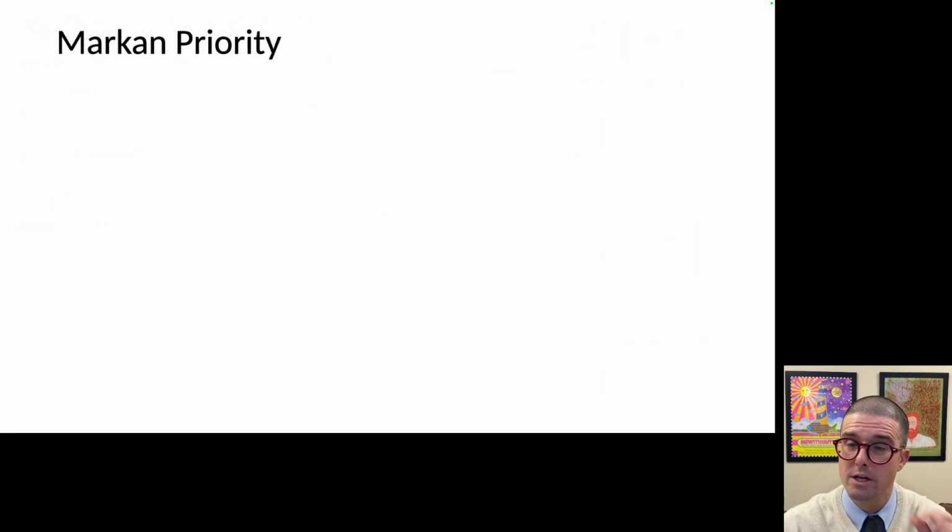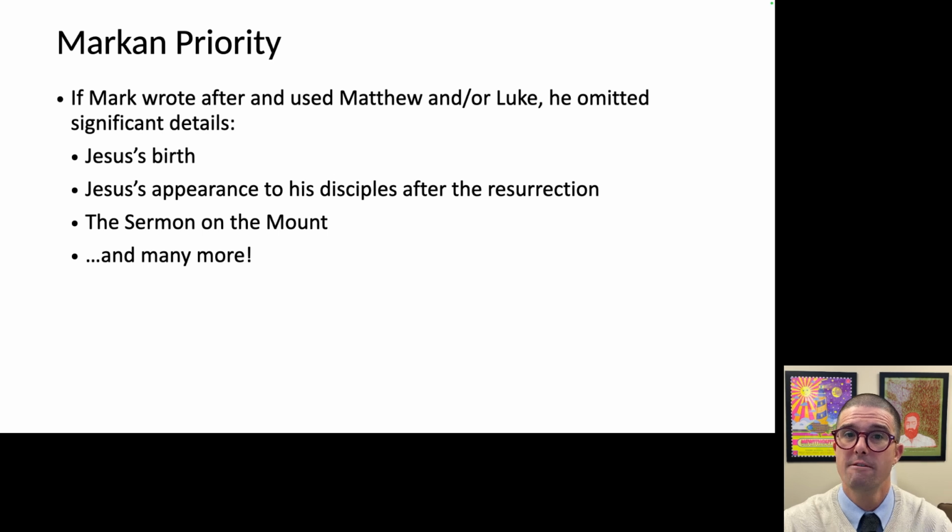There are a few really good reasons to think that Mark wrote before Matthew and Luke, and also before John. Most New Testament scholars, probably somewhere around 95%, hold to Markan Priority for these reasons and others. First, Mark is missing a lot of material that's included in Matthew and Luke. If Mark wrote after these authors, then he decided to omit some pretty important stuff, including an account of Jesus' birth, his appearance to his disciples after the resurrection, and many important parables and teachings, including the Sermon on the